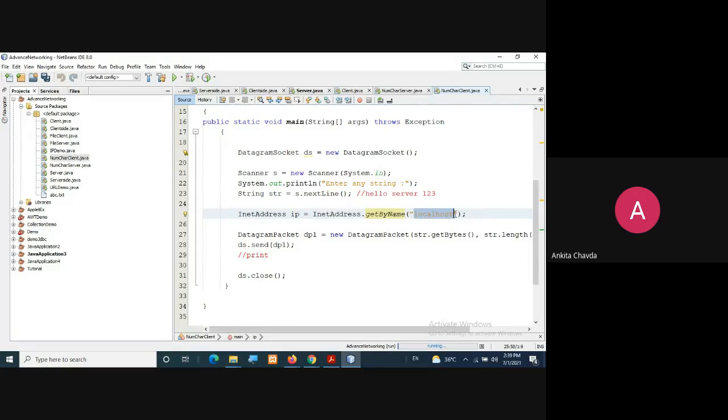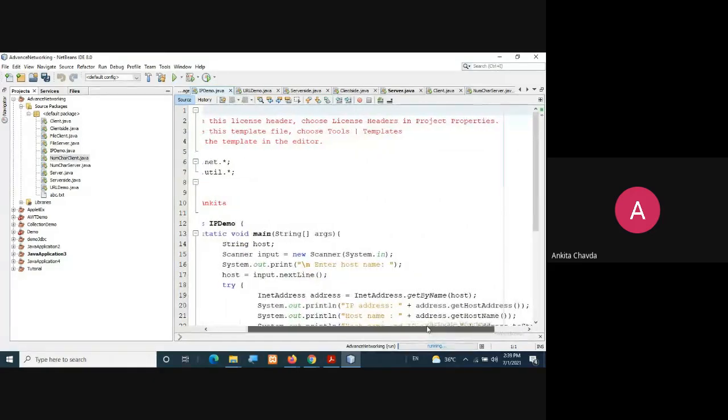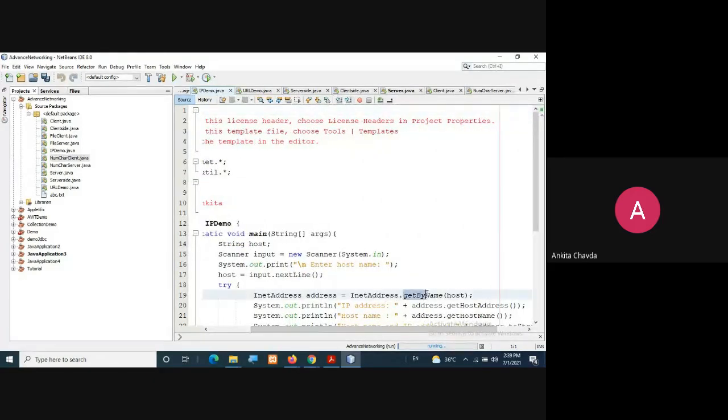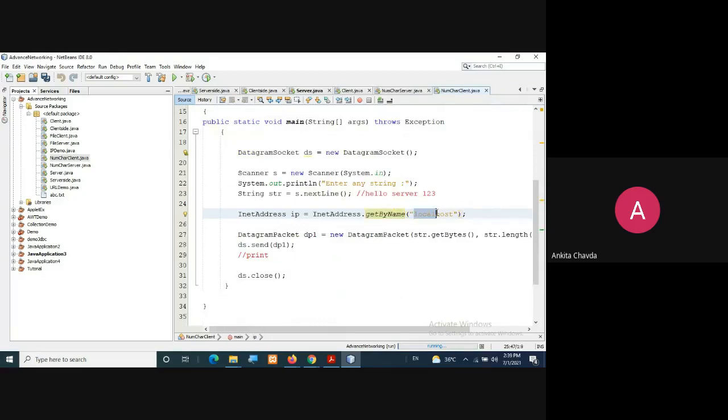Otherwise you need to give the IP address here, but for now you can write localhost. This getByName is what we have used previously also, if you remember, and you are taking this host name. Here I have localhost.